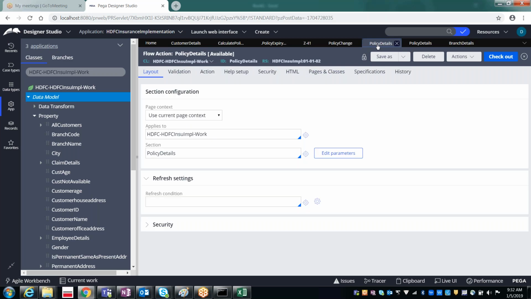But we cannot refer to both from one flow action. Only one section can be referred to in the flow action, right? So in case you want to have both of these sections in the same flow action, how can you do it? You can have one more container section, a top level section which contains both of them, like the policy details container.